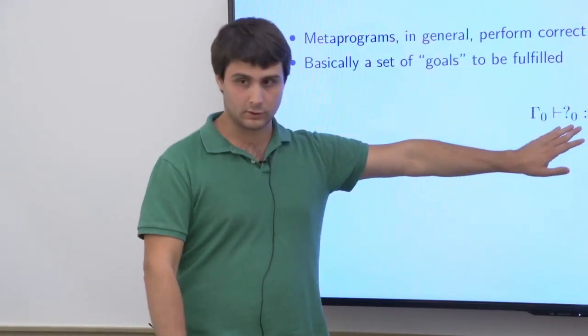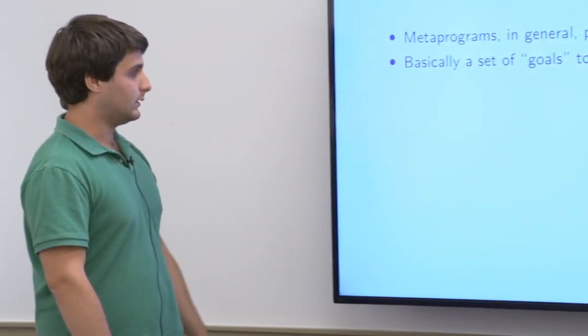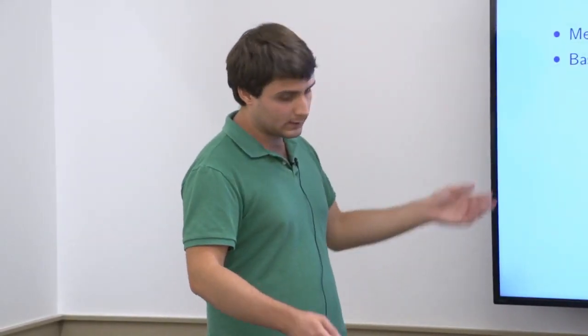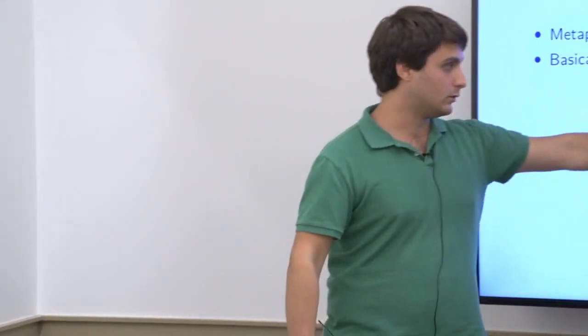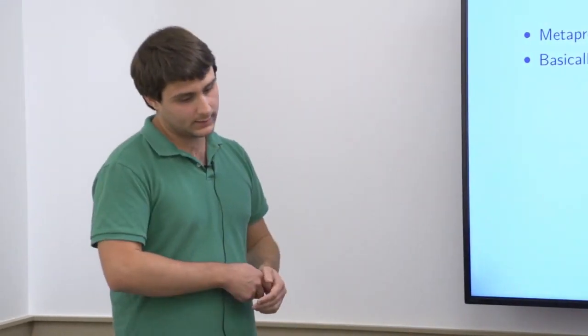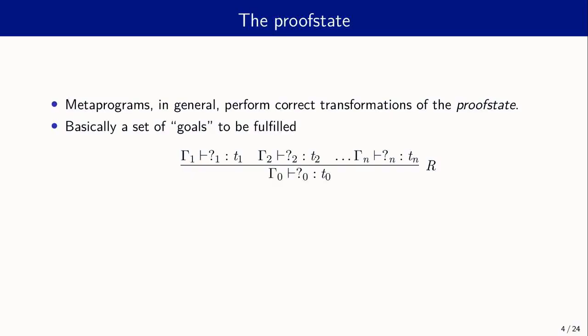Then you need to find the term of a given type. The proof state is a set of these goals, and what we're trying to do is apply steps that break them down in whatever way we see fit as verifiers or as metaprogrammers. And the usual thing we do, or actually, sorry, the only thing we do is